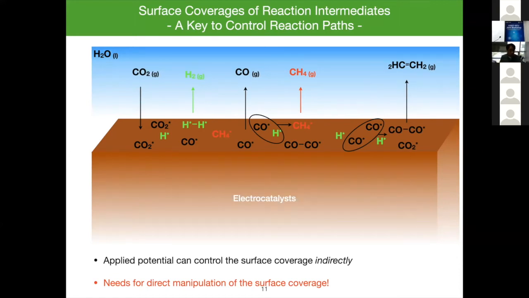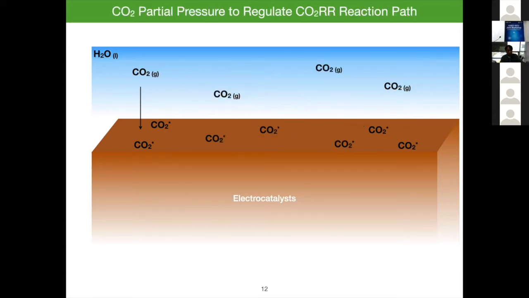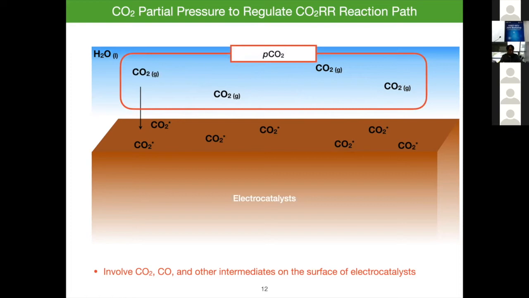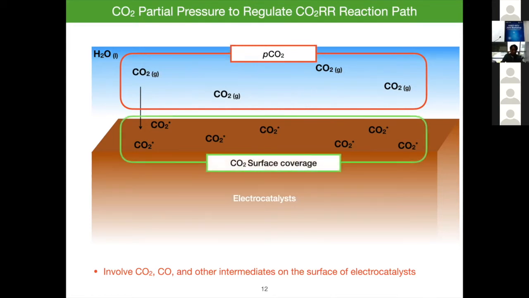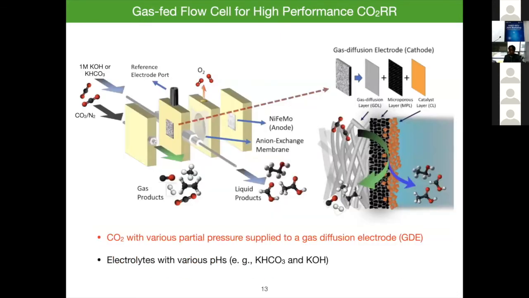But what I want to do is directly manipulate those surface coverages. One way to do it is obviously you can control the CO2 partial pressure, the reactant concentration. Then you can directly control the CO2 concentration on the surface. Consequently, you can control the surface coverage of CO and other intermediates. Okay. So in order to do that,